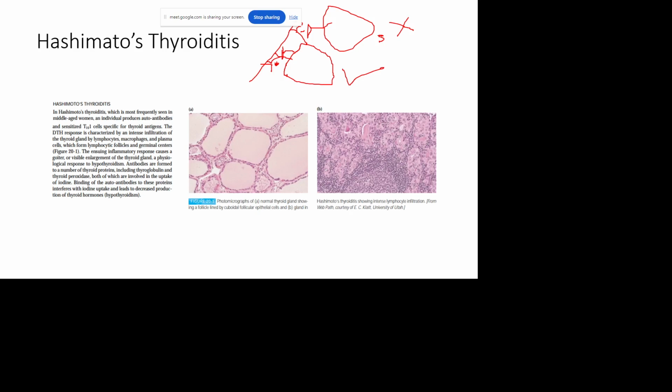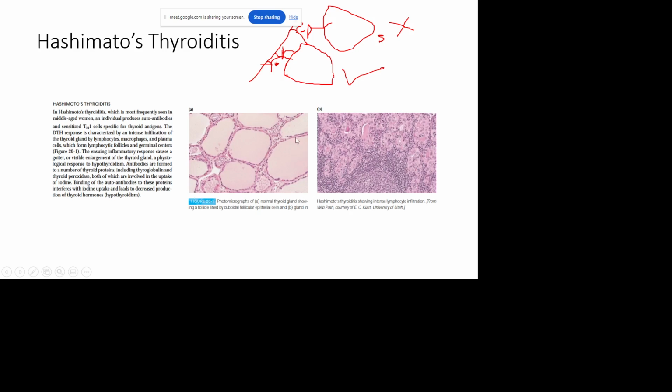If you see a patient of this disease, they will have a lump in their thyroid gland because of this infiltration of the lymphocytes, right? Hashimoto's thyroiditis is most frequently seen in middle-aged women, and they produce autoantibodies against the thyroid